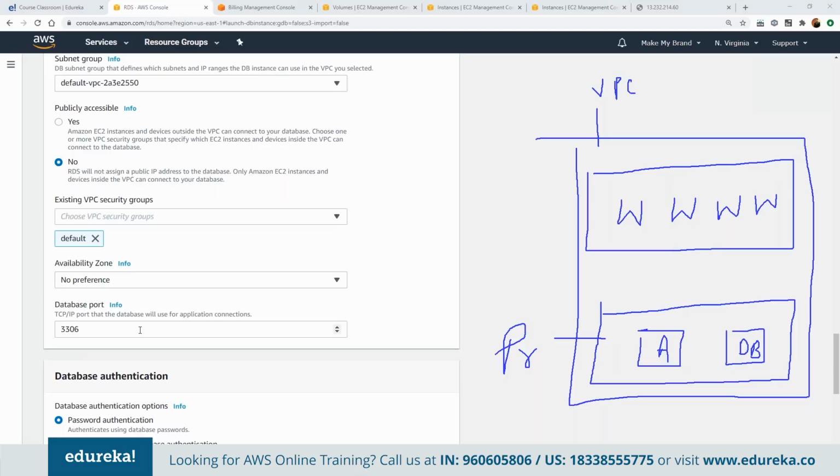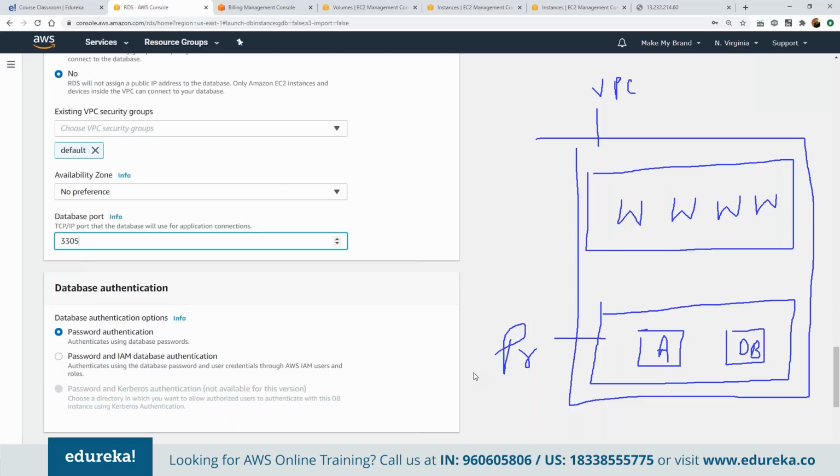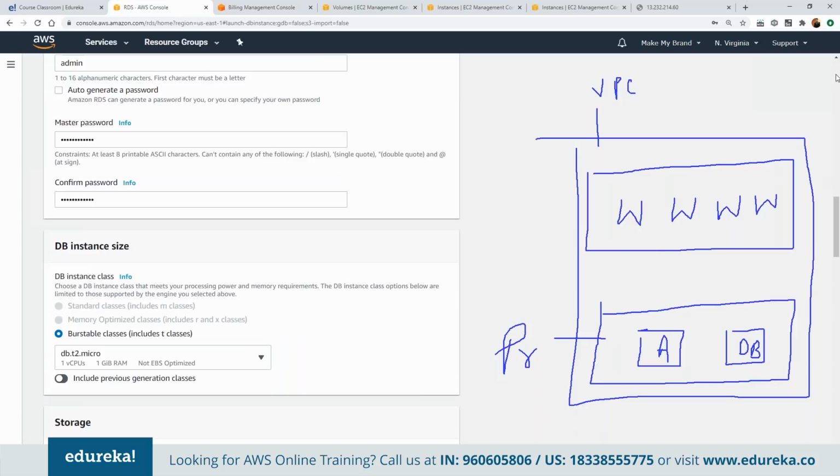If you want to configure it, for example, if we want to keep it as 3309, then we can change this as per the requirement. But by default, it is 3306. And then we can choose what kind of authentication we want to define for the current account. We want to keep it to IAM, or also just the password authentication that we have entered in our admin section. We can define the access type, and then we can define the additional configuration where we can define